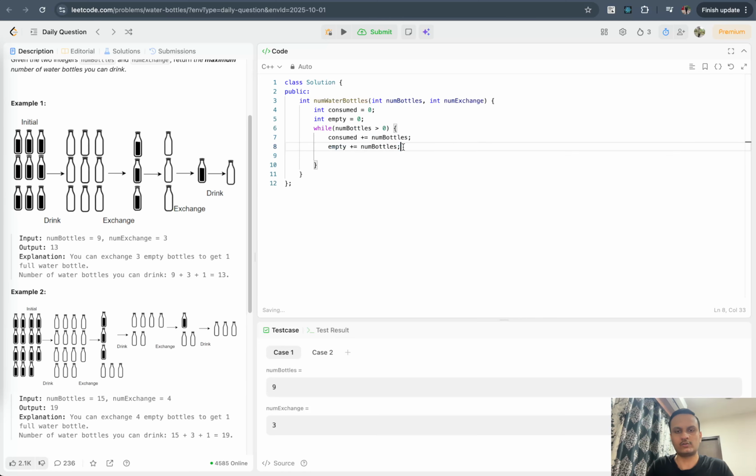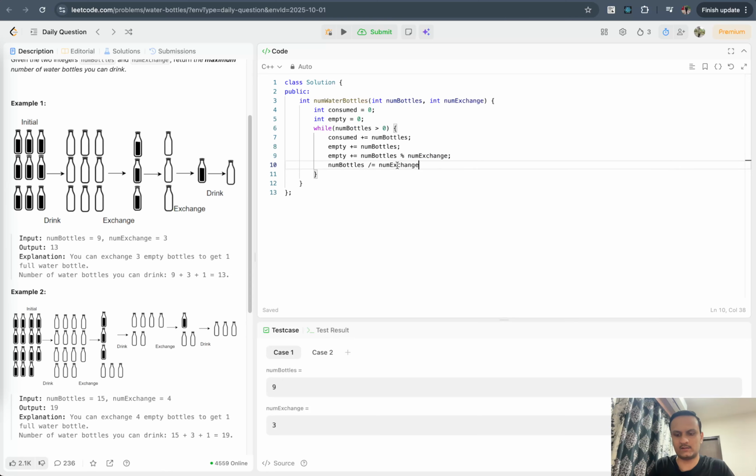So these many empty bottles I have currently. And to empty bottles I will add number of bottles modulo exchange, which we have explained, number of exchanges. So these are the total number of empty bottles we have after this one iteration, and number of bottles is now reduced to